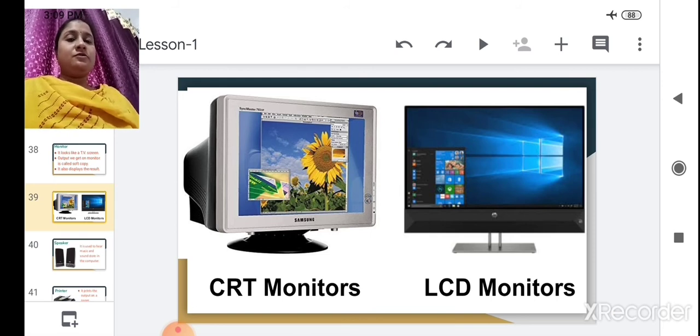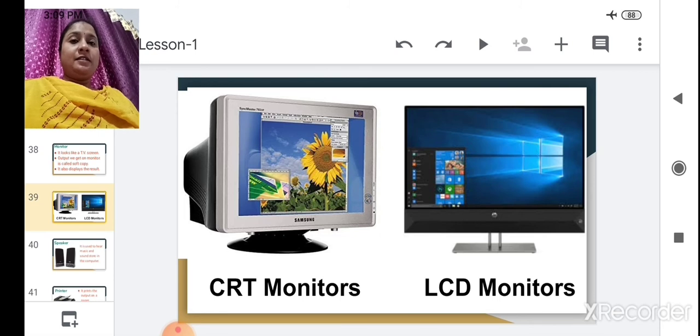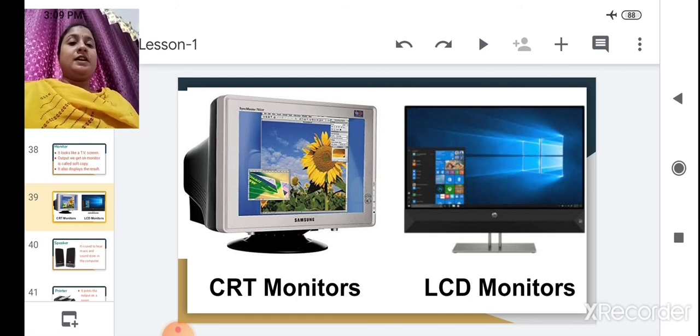In your school also there will be an LCD monitor. It is thin, lighter in weight, and consumes less electricity. So these are the two types of monitors, CRT monitors and LCD monitors. I hope you understand these monitors.